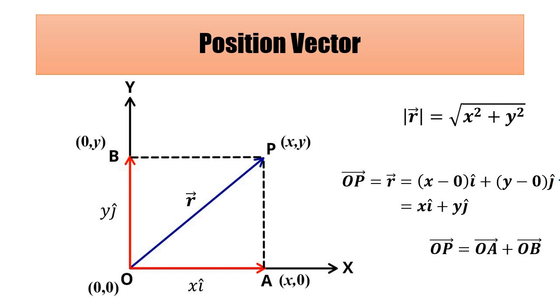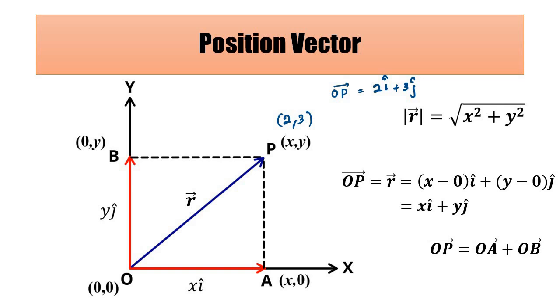So let's say this position coordinate is 2 and 3. So the position vector OP will be written as 2i cap plus 3j cap. Okay, 2 is the value of the x position coordinate along the horizontal x axis, and 3 is the y position coordinate, which is the position coordinate along the vertical y axis. Okay, 2i cap plus 3j cap. Now here if you see,